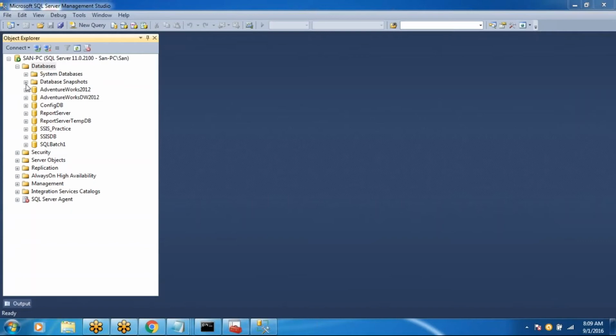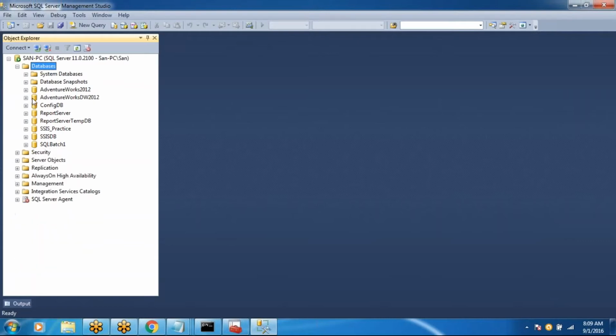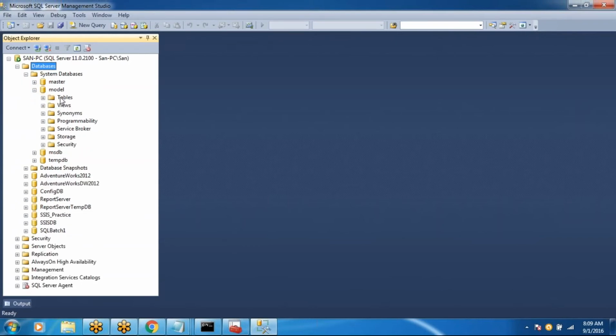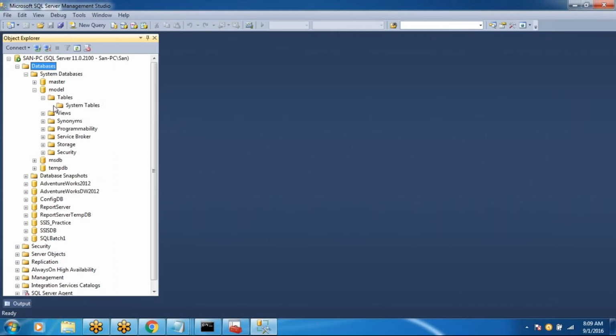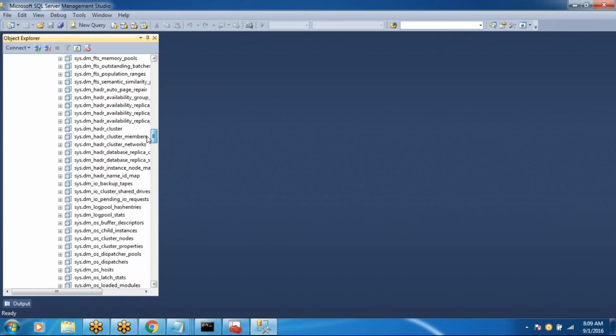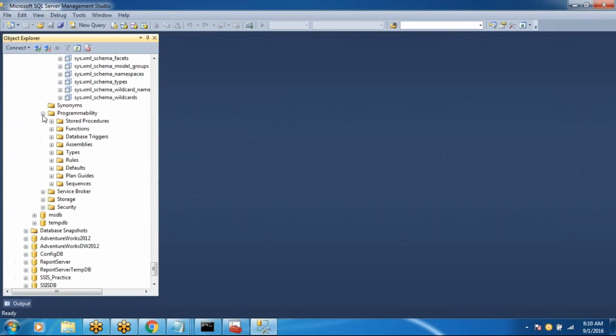Now see, when the model DB comes into the picture: if you see here, model DB is there, right? Under all these folders and subfolders there are system generated views, and programmability, system stored procedures.